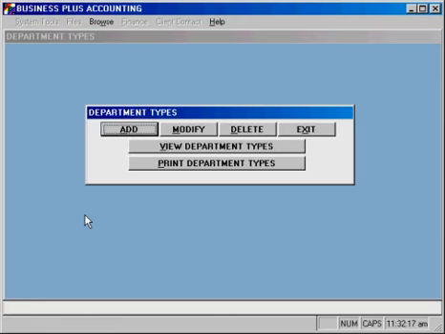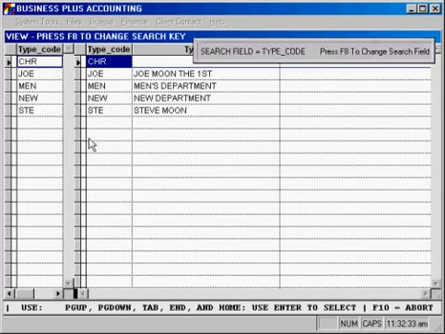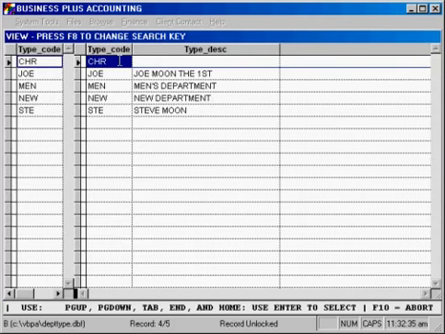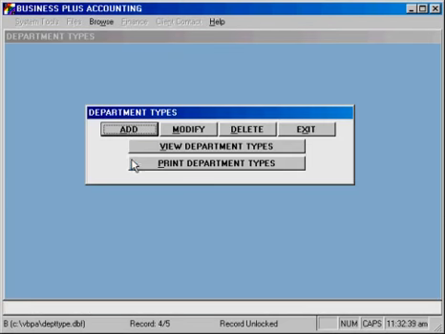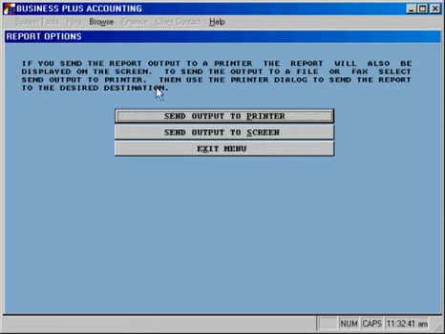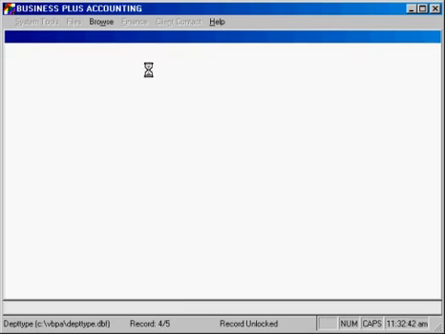If we look at a definition of the products, again, product departments and types work the same as customer types in that you can filter some of your sales and product activity reports so that you see information pertaining to specific departments, product types, or combinations. Each of these consists of a code and a description for the department and for the product type. We can print a report showing those pieces of information,